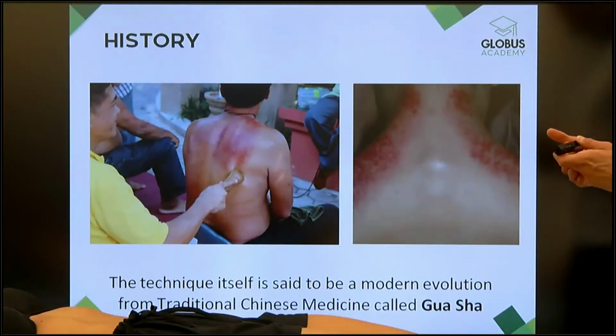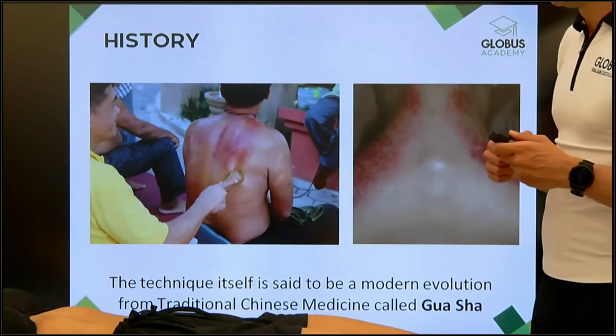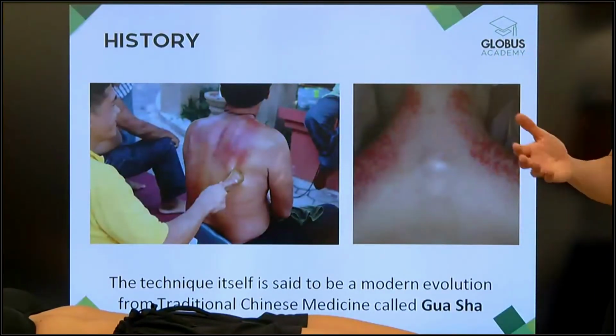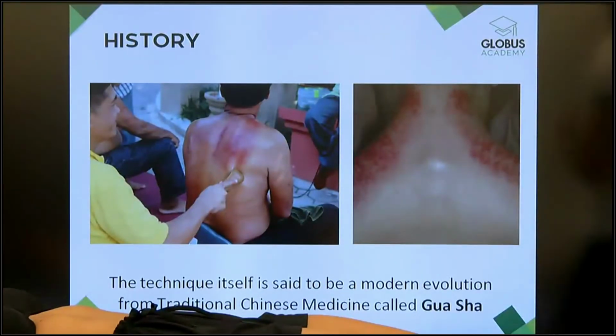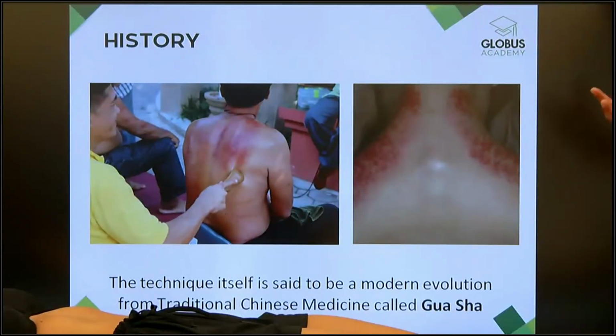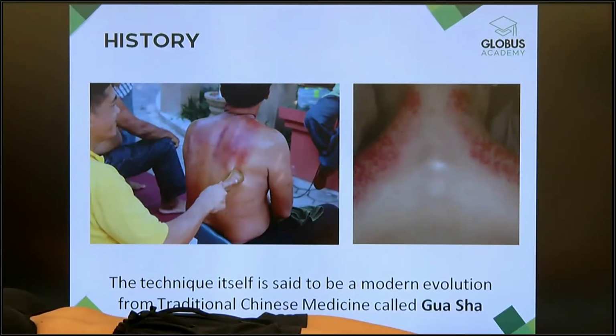The guasha was a technique that people used to do also in families for treating themselves, for reducing, for example, flu, headache, temperature, topics that are not directly related to musculoskeletal system problems. And the point is that we can really promote the healing of the whole body. At that time, they were using it for scraping away the bad chi along the meridians. I know that there are a lot of people following us from Asia, and maybe they know more than me in terms of traditional medicine, traditional Chinese medicine.